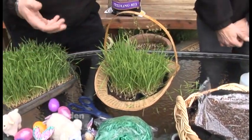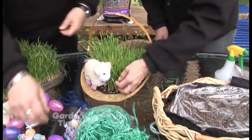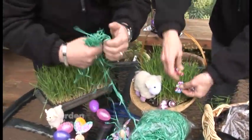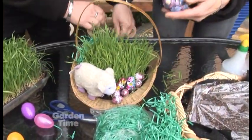Of course. And then really, Judy, it's all about decorating the basket. It is all about decorating. We have a lamb. And we got chocolates. And if you do have some of this, you know, it comes in green and pink and yellow. If you do have some of this fake Easter grass stuff, you can fill it in around the sides to cover the black bunny